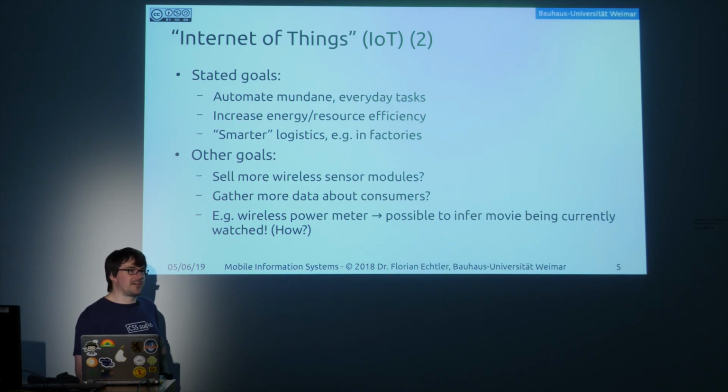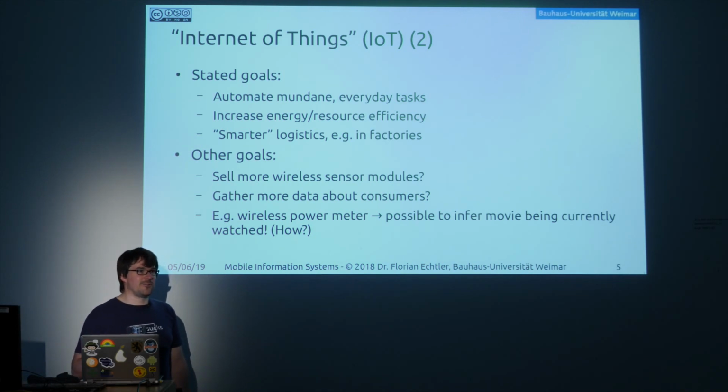For example, when you have a smart power meter that tracks your energy consumption in real time, then of course that's cool for you as a consumer, because you can look at how much energy your fridge is using and how much energy your, I don't know, washing machine is using and so on. But there are also all sorts of drawbacks, because if the precision of that power meter is good enough, then you can use that to figure out what movie you're watching. Does anybody have an idea how that works? And it does work. There's been a research paper to prove that this is actually possible. Does anybody have an idea how that might work, to figure out what movie you're watching just by looking at your power meter?